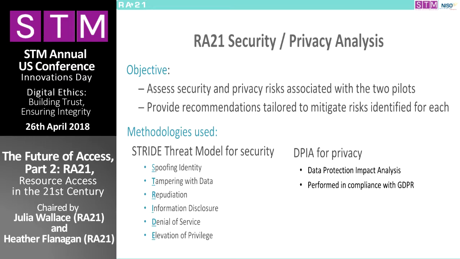And for privacy, they did a data protection impact analysis, and they decided they would need to do that because GDPR gives them a checklist to see if we do need to do a data privacy analysis. That checklist had, I think, 3 things that applied to us. One was, are we employing new technologies? Yes, we are. The other one was, are we matching and combining data sets? Yes, we are, even if it's a tiny little portion of data. And the third one was, are we tracking individuals' behaviors and locations? Since we are tracking where the people are from, we said yes, we do need to do a privacy analysis.